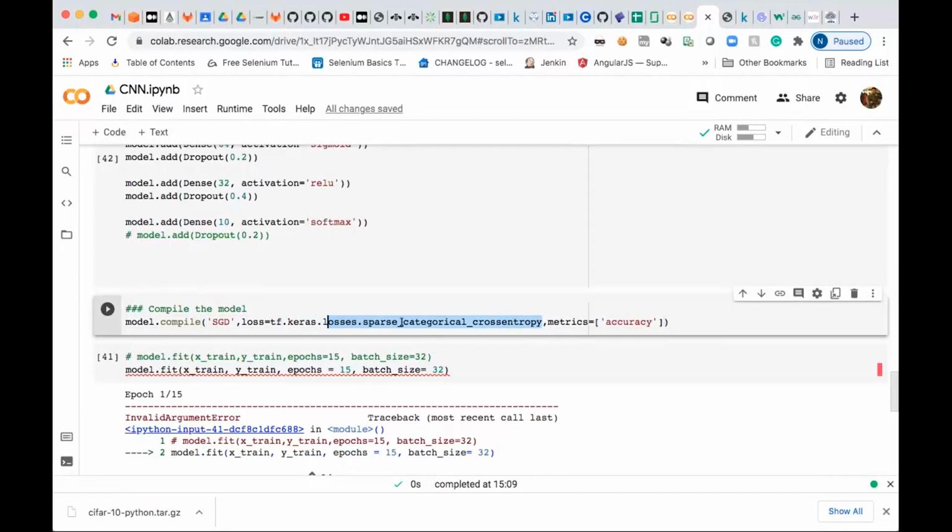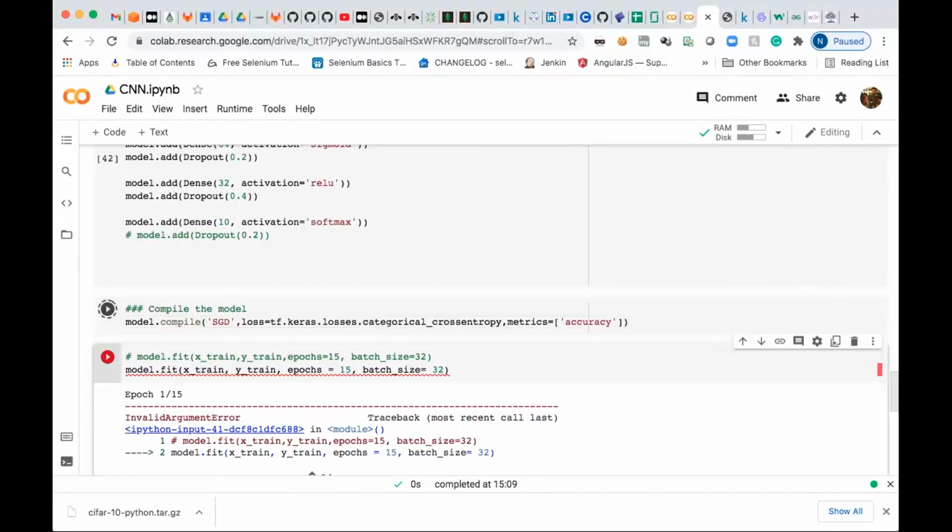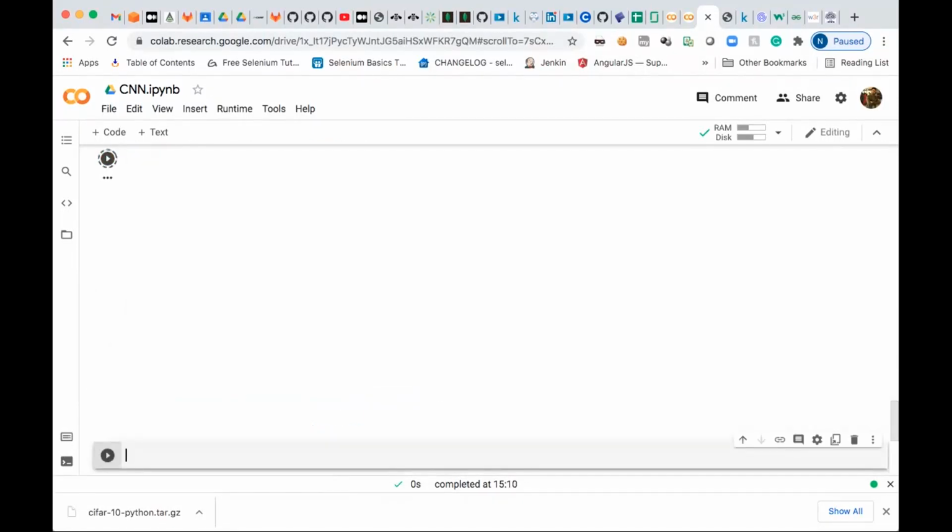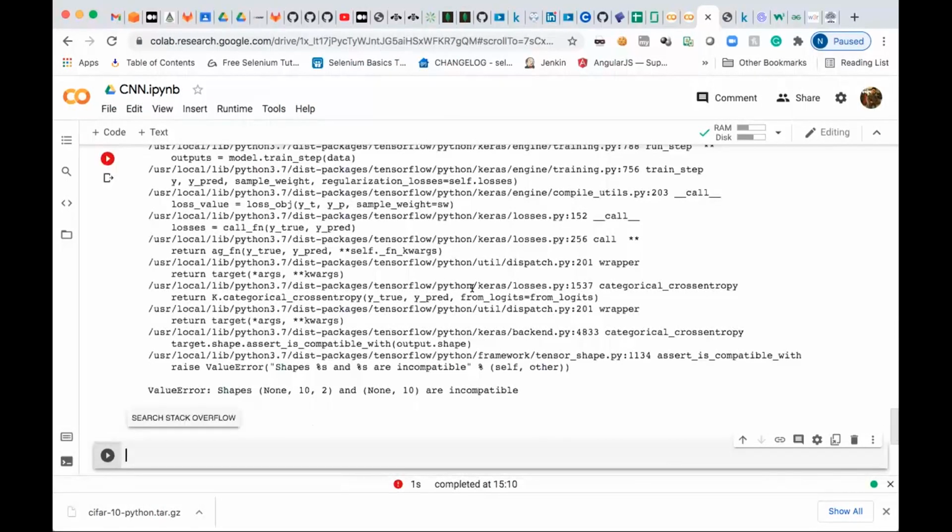Do one thing. Just remove that. This much? Yeah. Now try to execute this, compile this, and compile this also. Okay, model.fit, and it will work. Okay, it's not working.